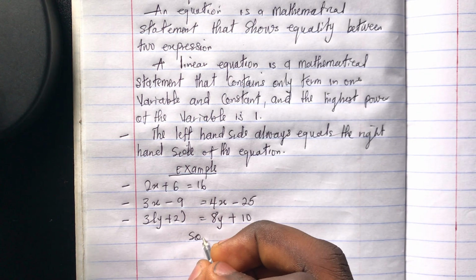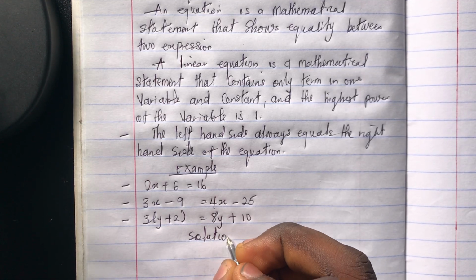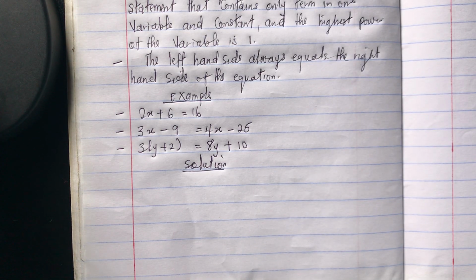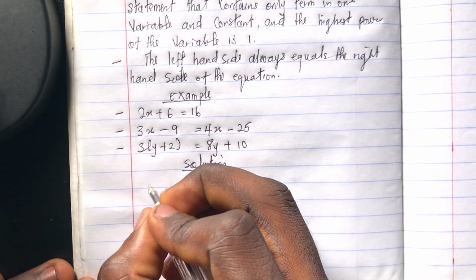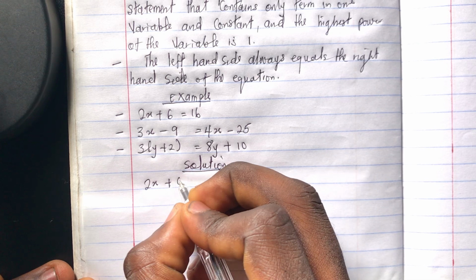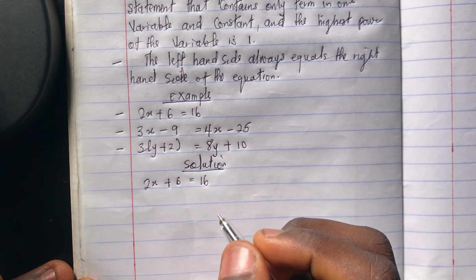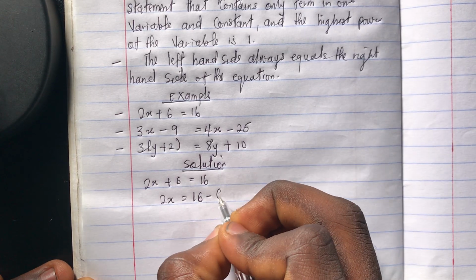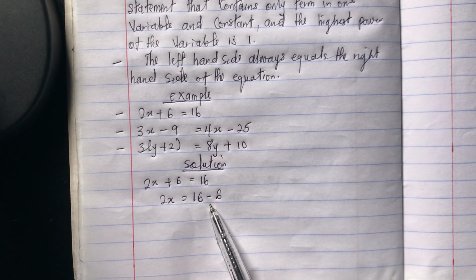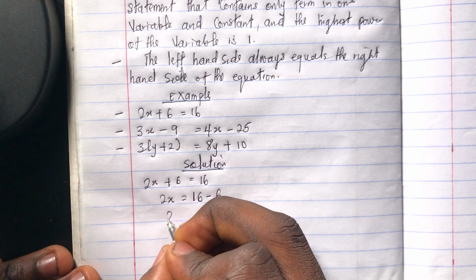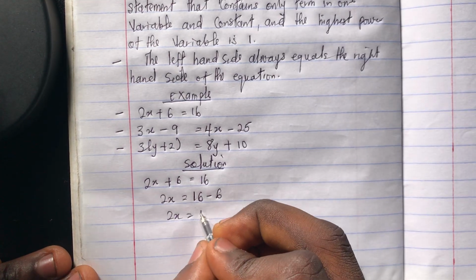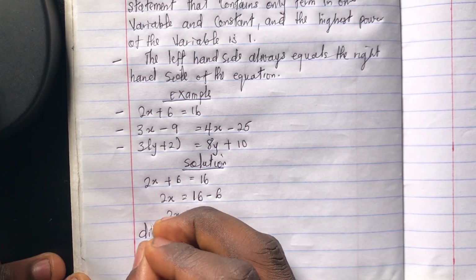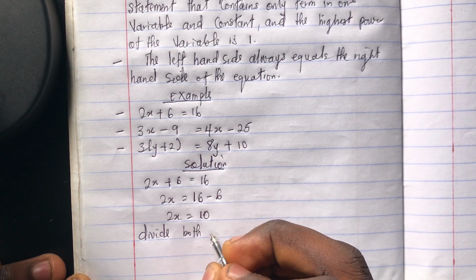So we have the solution. The first equation is 2x plus 6 is equal to 16. Next, this is 2x is equal to 16 negative 6. That is, if 6 moves to the other side, it becomes negative. So we have 2x is equal to 16 minus 6, which is 10. Next, we divide both sides